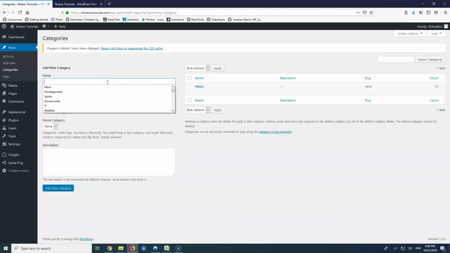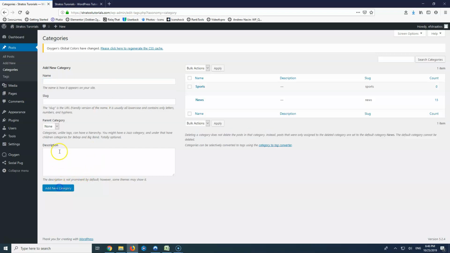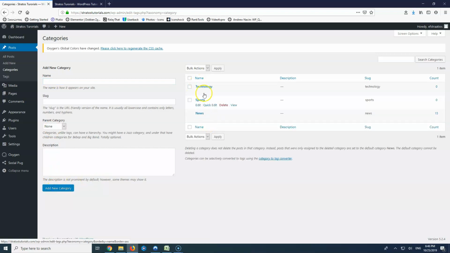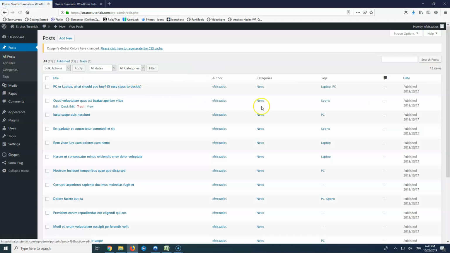and of course we have only one category and we're going to put here sports and technology. So let's go and add those two categories, and now let's go to posts and we're going to add some